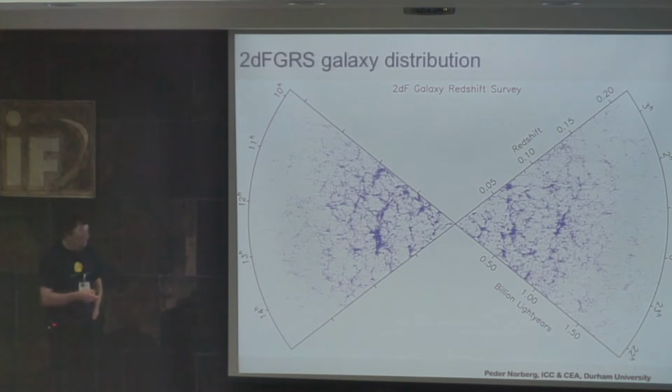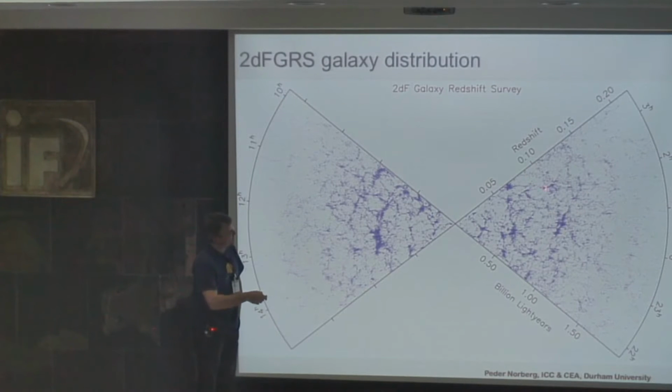The other thing is, if it was truly the same number density of galaxies in this plot, you would have far more dots out here, because there's a wedge which has been collapsed down. And if you collapse it, the volume out there is much larger. So if there was the same number density, it would be much, much higher. So by just giving this information out, you can see that it's pretty much volume limited out to here, or it's not exactly volume limited, but it's not far off. And then the selection function starts to go down, and you start losing galaxies.